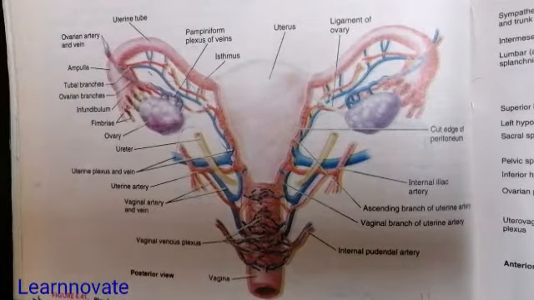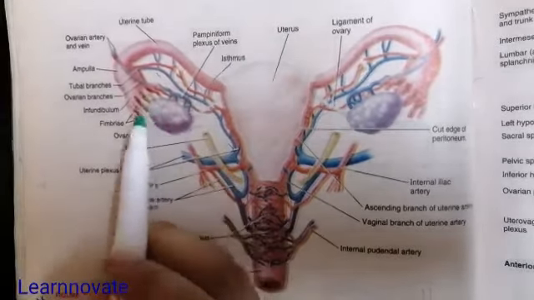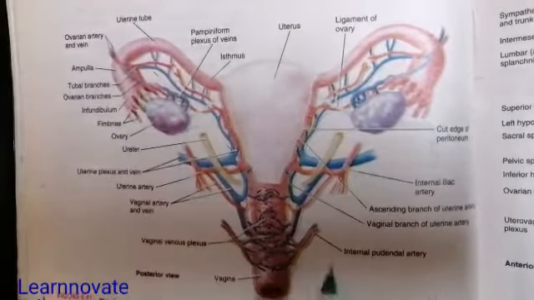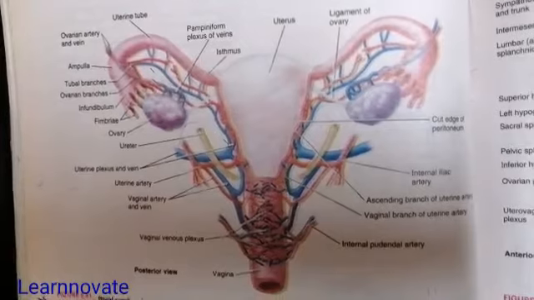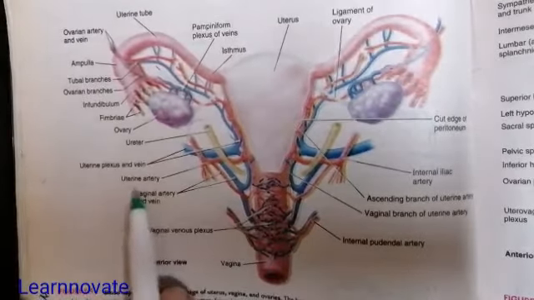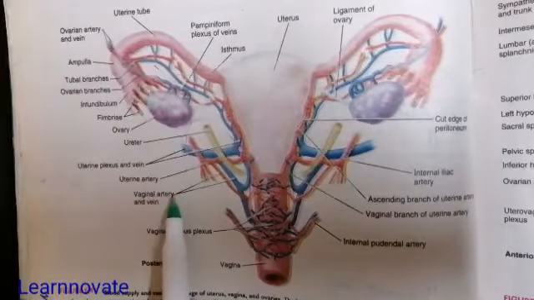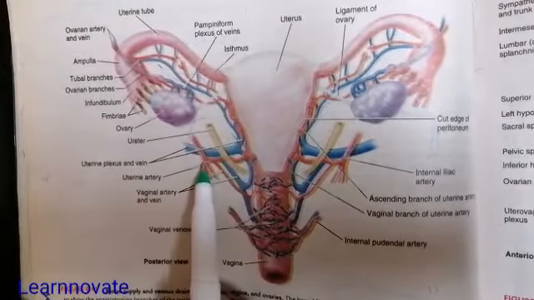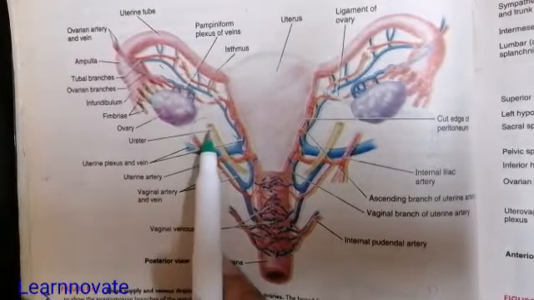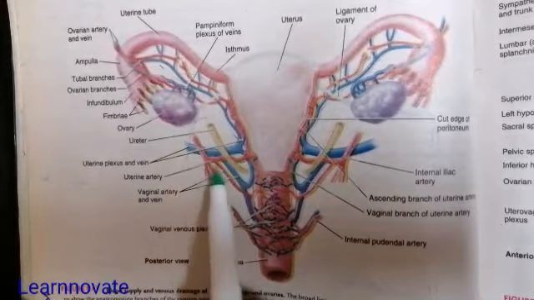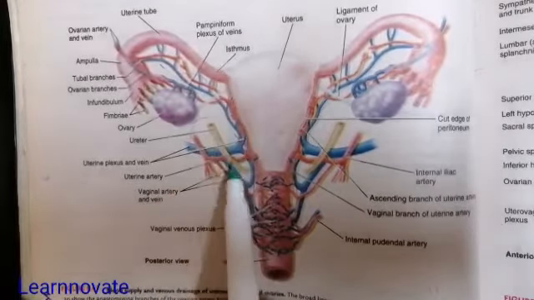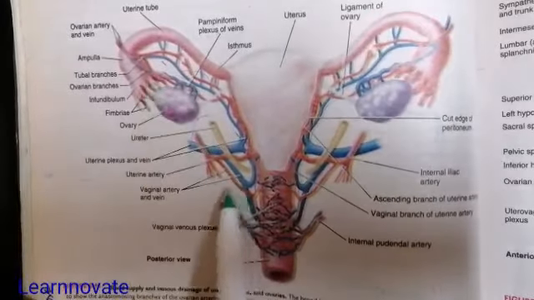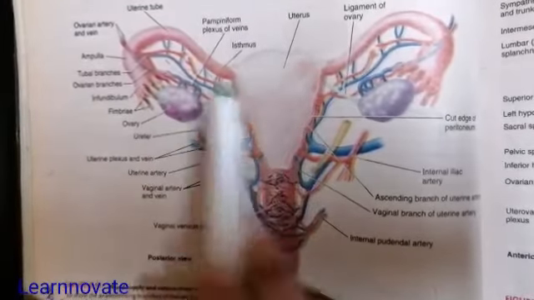The tubal branches supply the uterine tubes, while the ovarian branch of the ovarian artery supplies the ovary. Now the uterus itself is supplied by the uterine arteries. The uterine arteries, here you can see, arise from the internal iliac artery, and the uterine artery goes on its way from the floor of the pelvis, where it is bridged over by the ureter, and then this uterine artery goes upward along the lateral side of the uterus and anastomoses with the ovarian artery. So this is the blood supply to the uterus and the ovary.